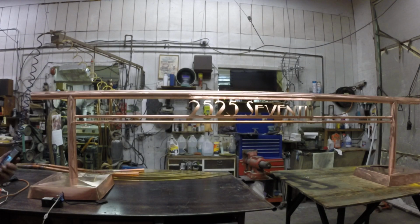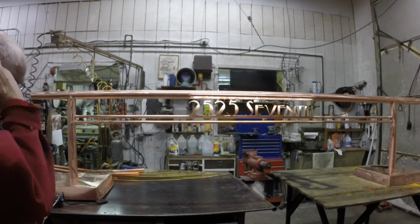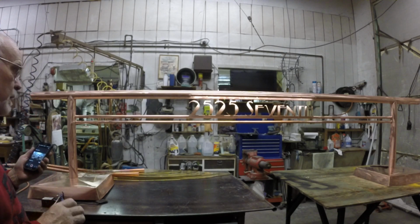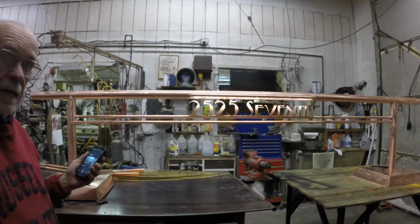I'm going to start shooting now. I'm not. There we go. I think there was something wrong with the camera for a second, but here we go. Trying to take a look tonight. I really hoped we'd have color on it tonight. I wanted to get this shot and sent out and